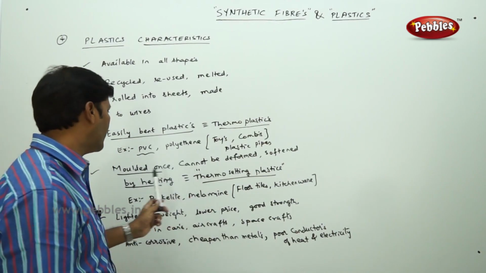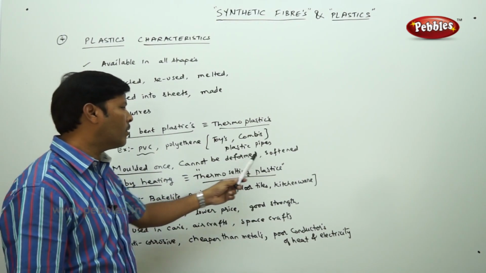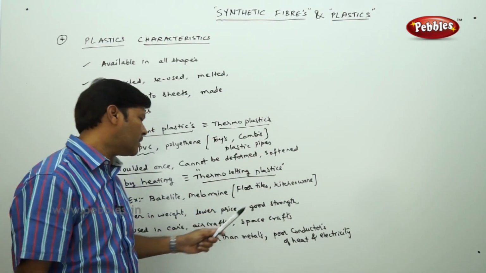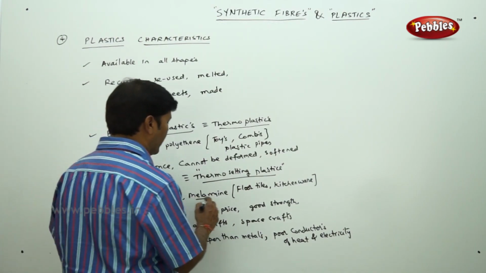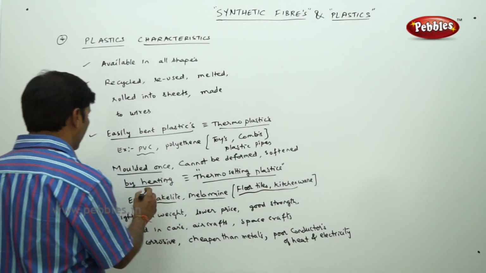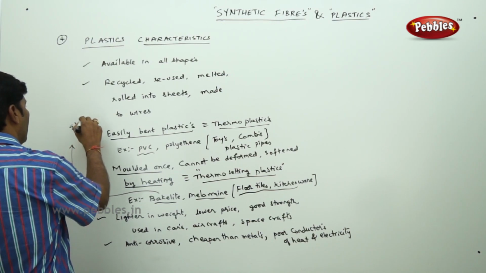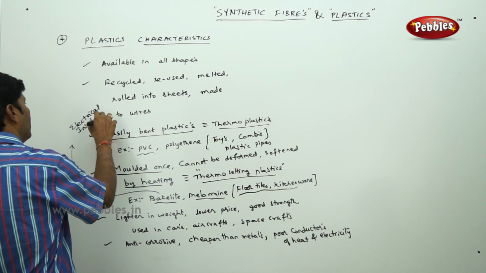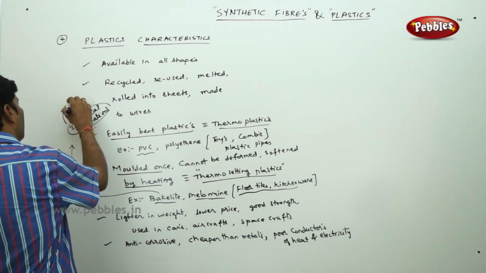And what about the thermosetting plastics? Once they are molded into a particular shape of the object, they cannot be deformed or softened by heating. Then such plastics, we call it as thermosetting plastics. The best example of thermosetting plastics is bakelite and melamine. Particularly, as I told you, bakelite is used for electrical insulations. Electrical insulations in the sense, you can take, that is electric switches,